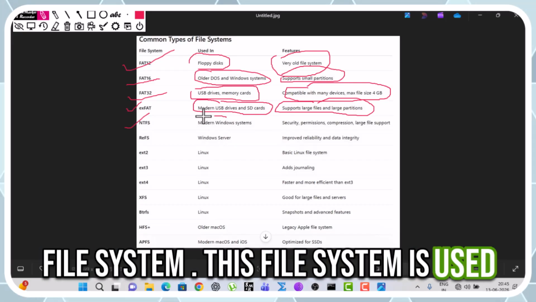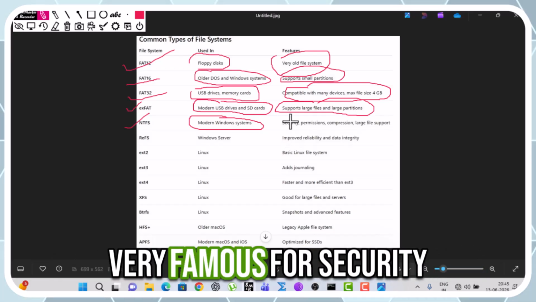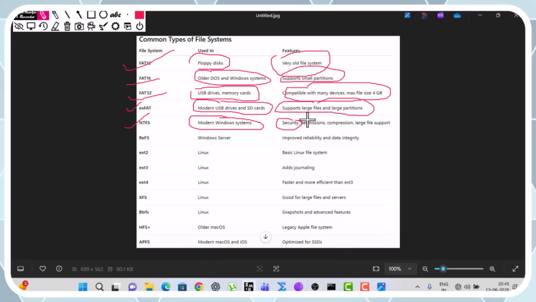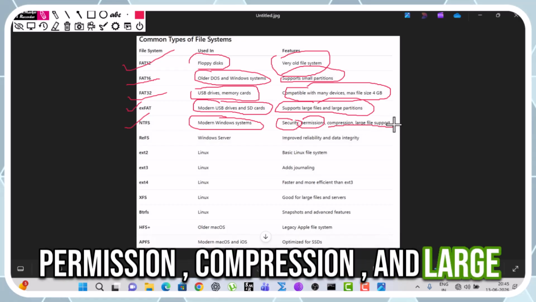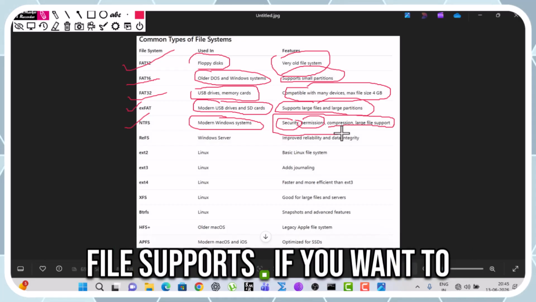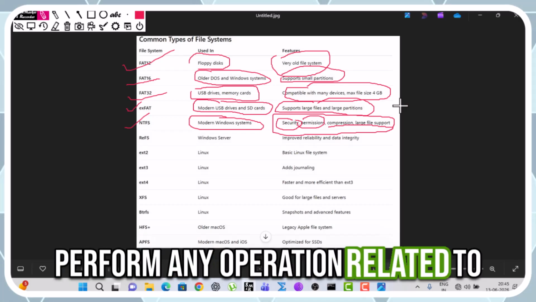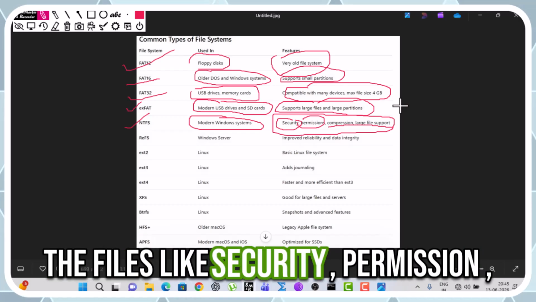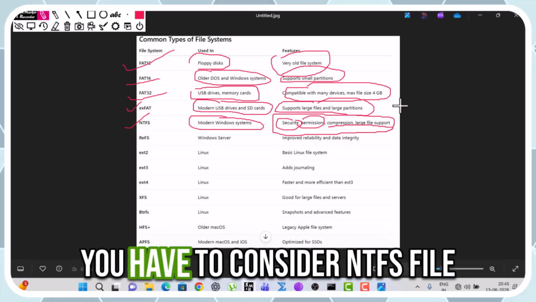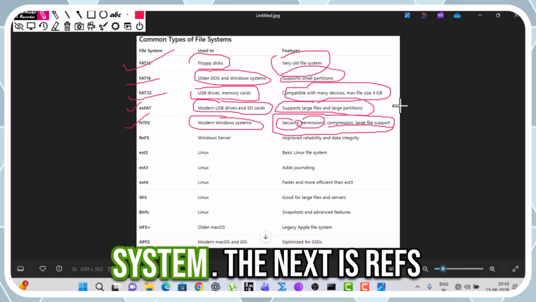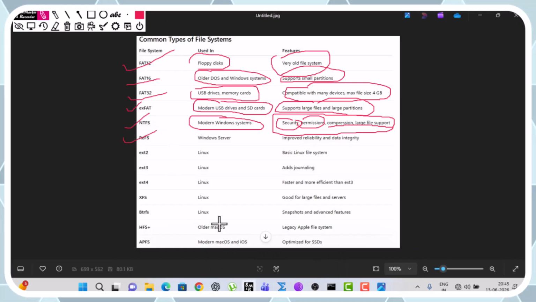This file system is used in modern Windows systems. It is very famous for security management, permissions, compression and large file support. If you want to perform any operation related to files like security, permission and compression, you have to consider the NTFS file system.